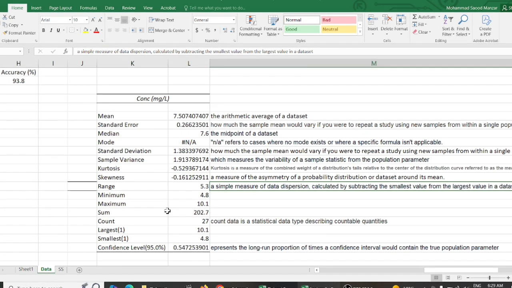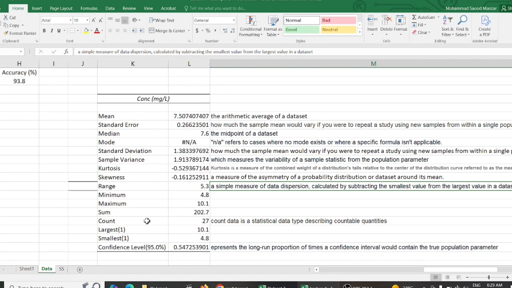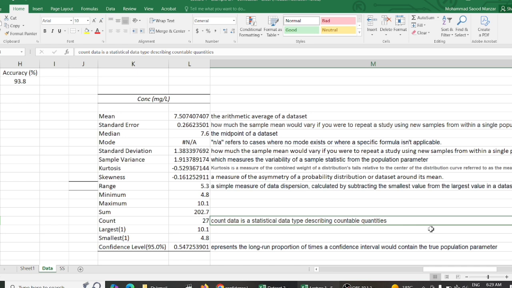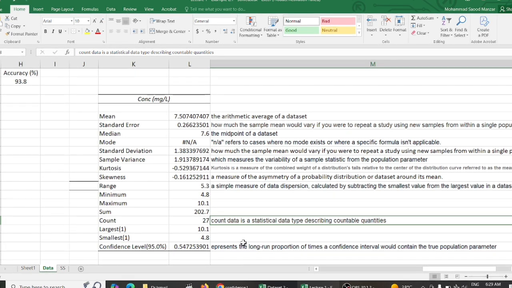Now the minimum and maximum we know in the data set, sum also, the count basically. Count data is a statistical data type describing the countable quantities, largest, smallest, and the confidence level basically here is